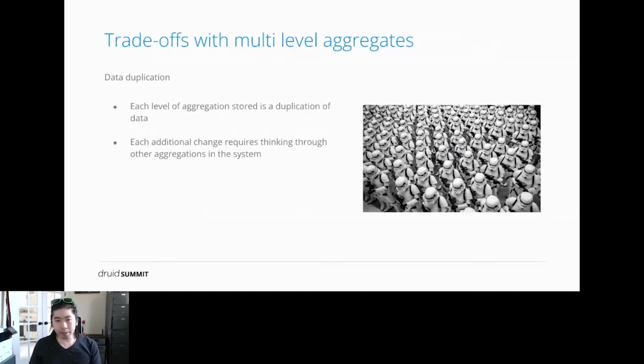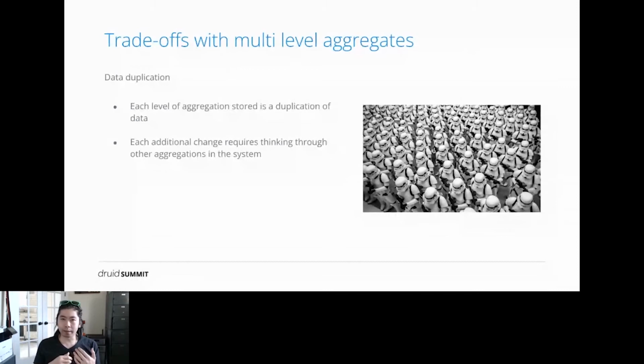So now we run into a couple of trade-offs here with multi-level aggregates. The main one that we ran into a lot, time and time again, is data duplication, right? So we have all this data. We already have it stored at the event time level, at the lowest granularity, which is seconds, milliseconds, right? But we have a need to store it at the week level because the customers need it quickly. So we have a copy of the same data at the week level. I mean, it's rolled up, but it's still there at the week level.